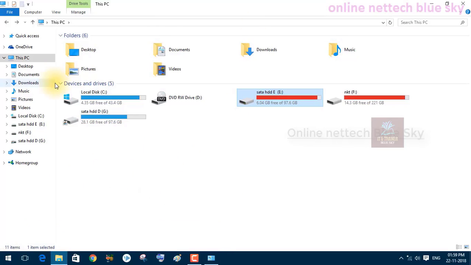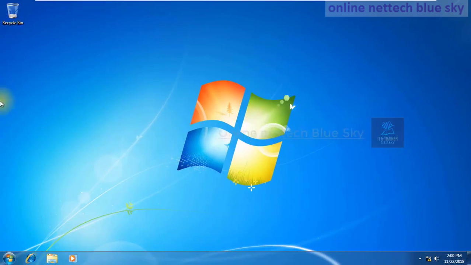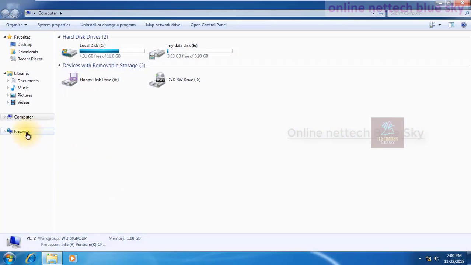So this is about sharing files from one computer to another computer. You can see just here, click on here, and this is my Windows 10. This is my second PC too, with Windows 7 here. And I will receive on this Windows 10 operating system. First, you can see this is my Windows 7, and I will share to Windows 10.